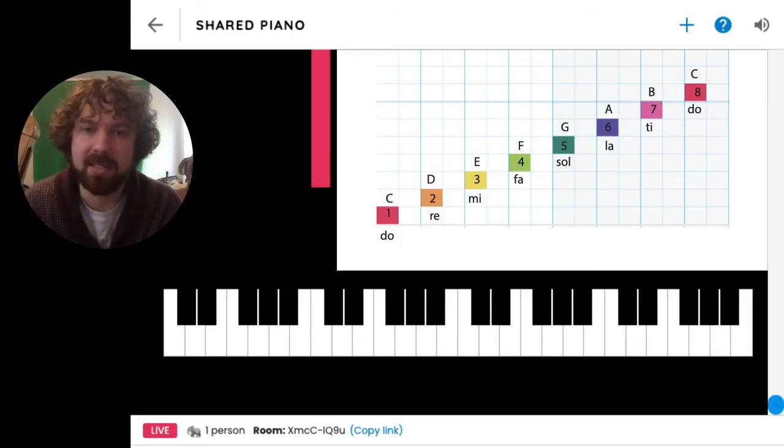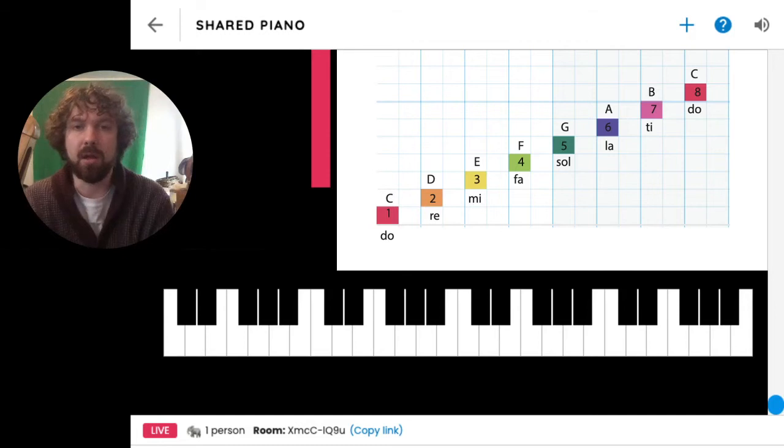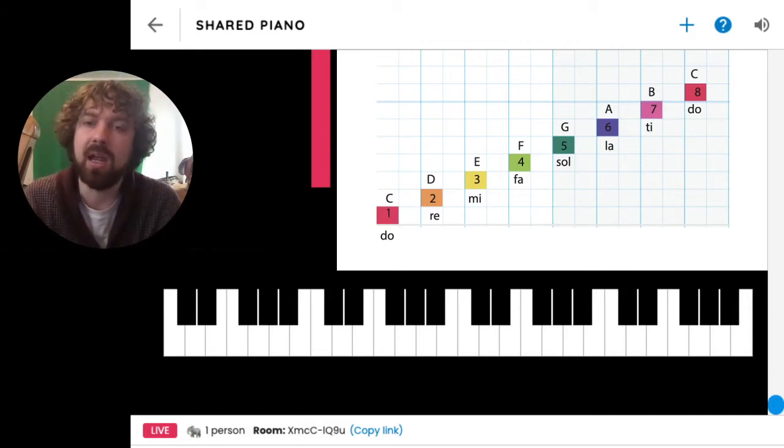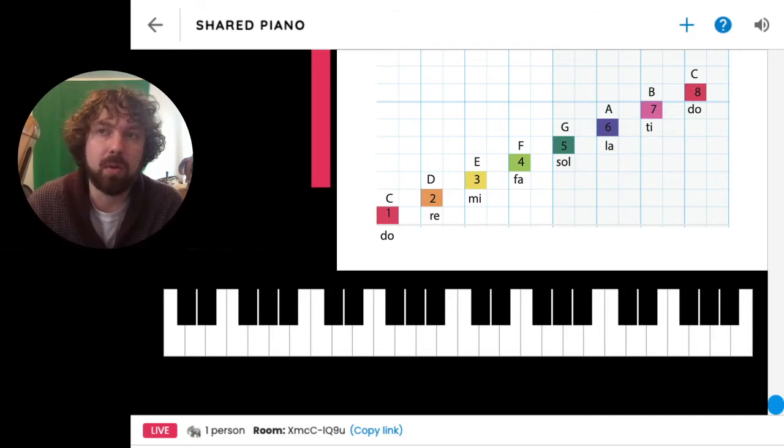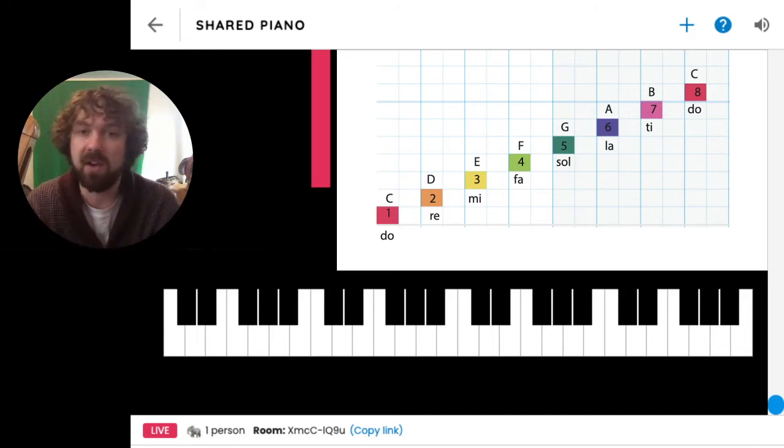So now we have a lot more context to understand these notes working together, that they come from ratios and fractions, and that these notes are not just randomly chosen, but they're basically all of these fractions that are derivative of a root note. Okay, so keep in mind your root note could be anything, and you could start do on any frequency, and the notes in relationship to that root note we have given names. Okay, do, re, mi, fa, sol, la, ti, do, and that's why I like to use that, especially for